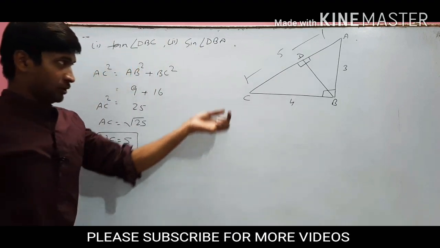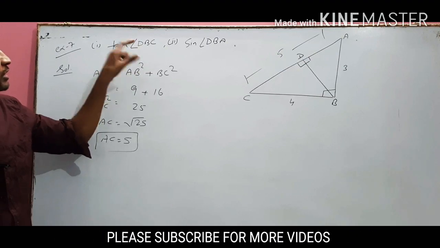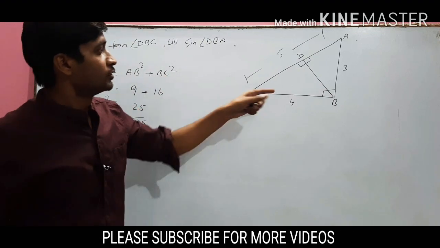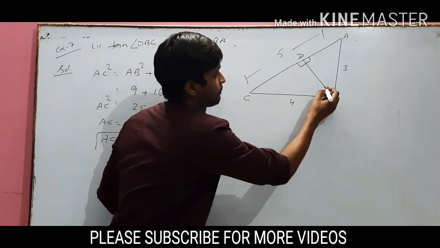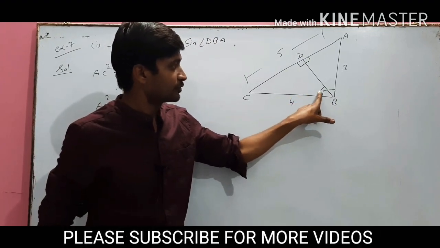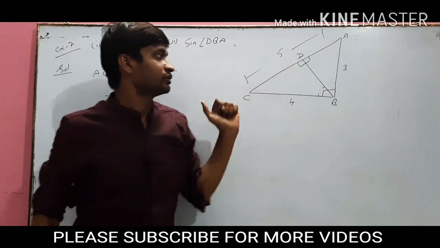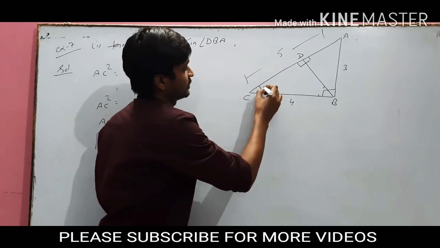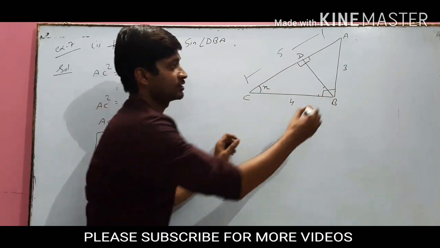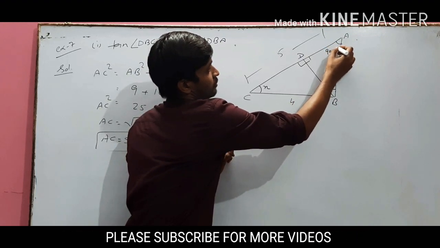Now we can show in the given diagram. So here see, we have to calculate angle DBC. Where DBC? DBC, right? So this angle we have to calculate. So to calculate this angle, we have to use another concept. Now we can consider A or C, any angle. Let's say we have considered this is X at C. If in triangle ABC, this is right angle, this is X, so this will be 90 minus X, right?